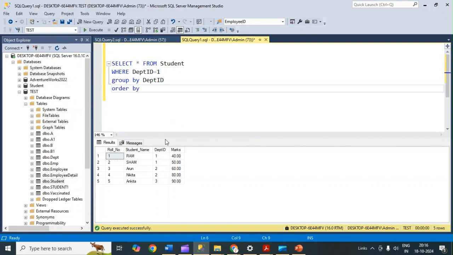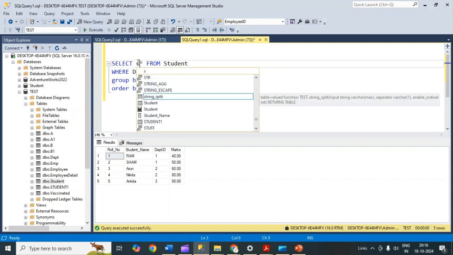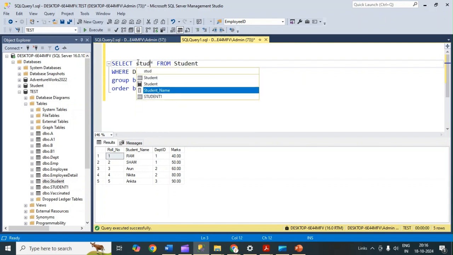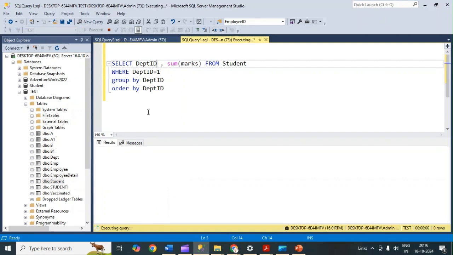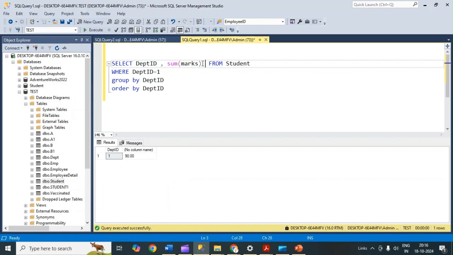उसके बाद आएगा अपना ऑर्डर बाय, भी मैं ये डिपार्टमेंट वाइज करूंगा, ठीक है। और अगर मैं यहाँ पे निकालूंगा स्टूडेंट नेम और कॉमा समेशन ऑफ मार्क्स, तो जब हम ये क्वेरी रन करेंगे तो हमें ये डेटा मिलेगा, ठीक है। यहाँ पे हम इसको बोलेंगे मार्क्स।